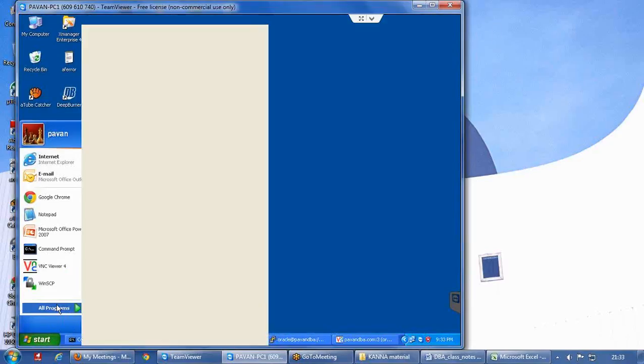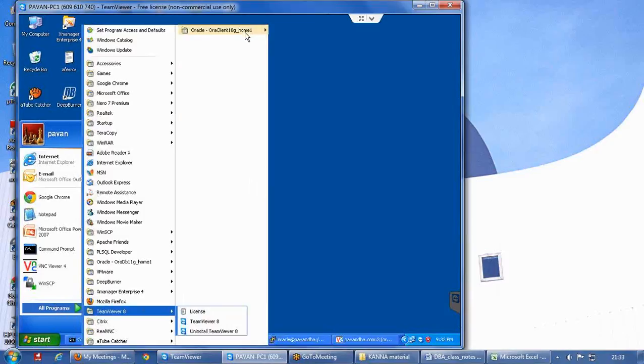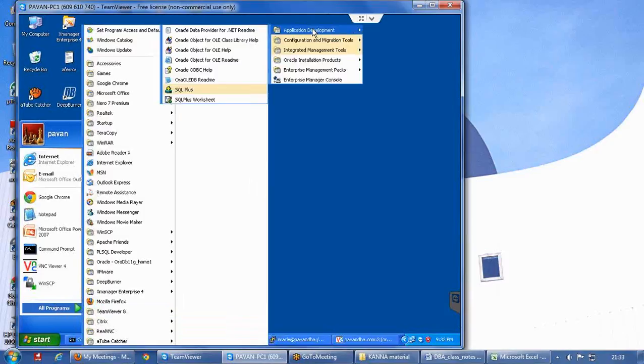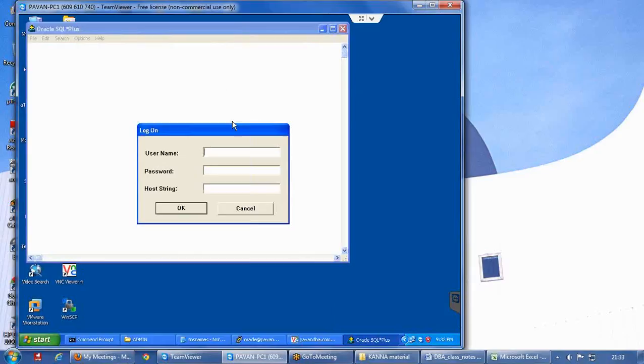If you go to All Programs, you will see your Oracle client installation here, and when you go to Application Development, you will see this SQL*Plus. I hope everybody is aware of this white SQL*Plus window. Here I am giving the username as scott and the password as tiger, and the host string as prod.db.